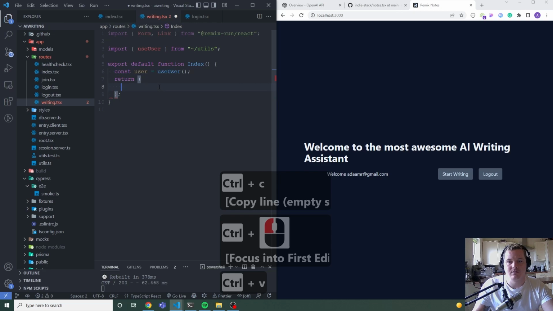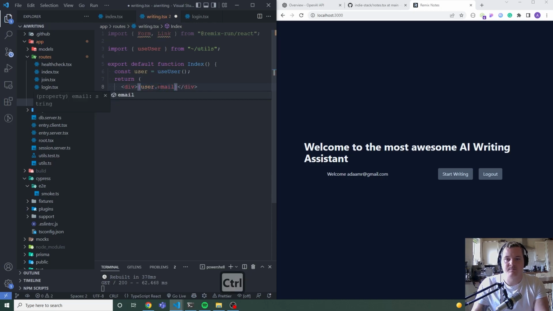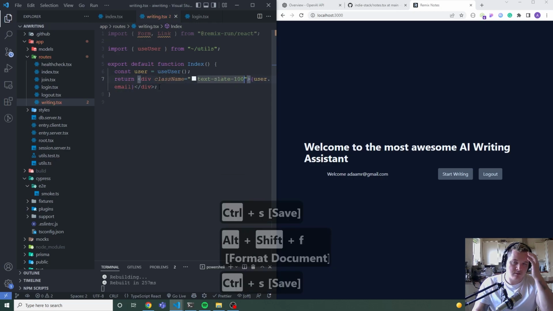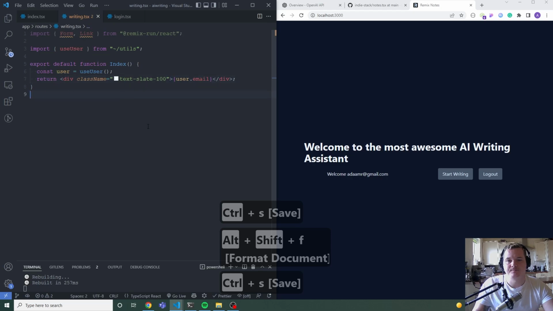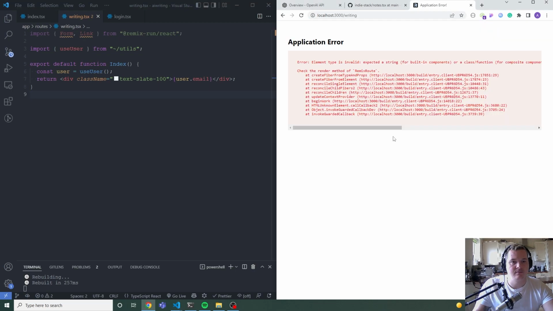If you're here, you need to be logged in. So we can say here user.email. Let's do text layer 100. So we've got that now. Just a div, which is sending the user's email. So if we go to start writing now,